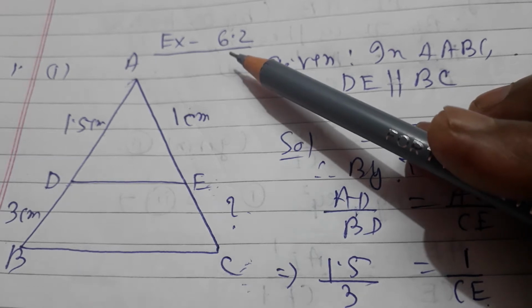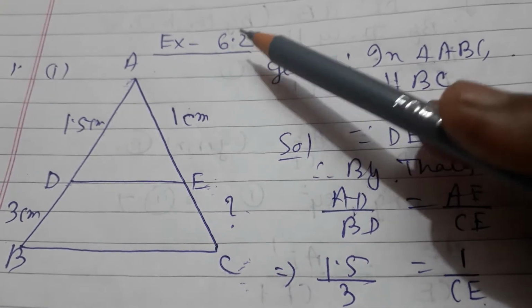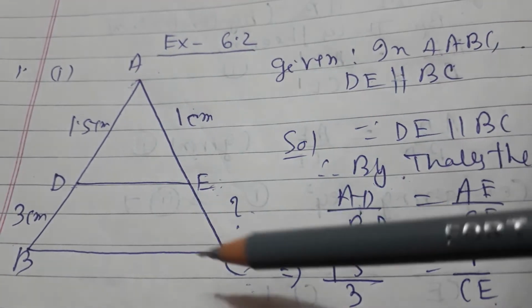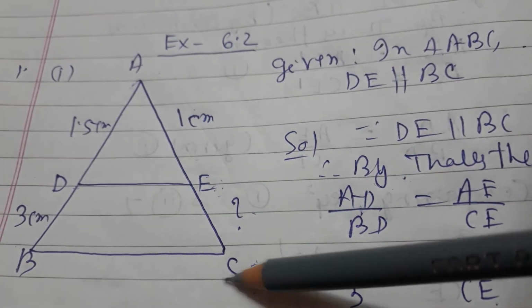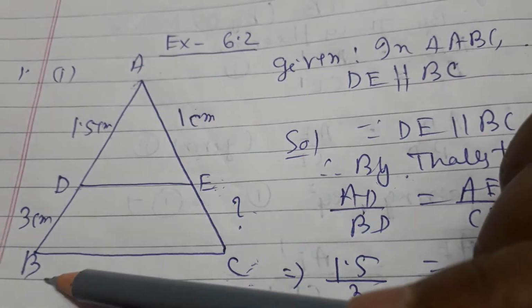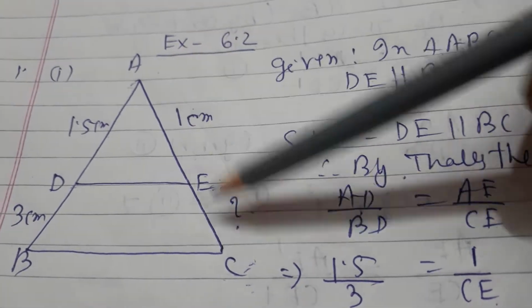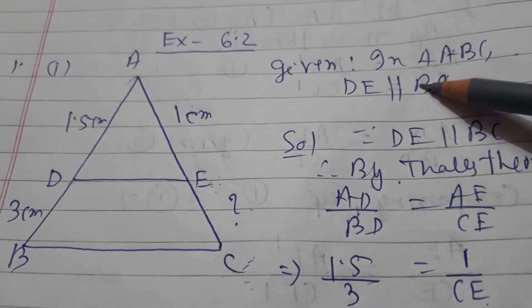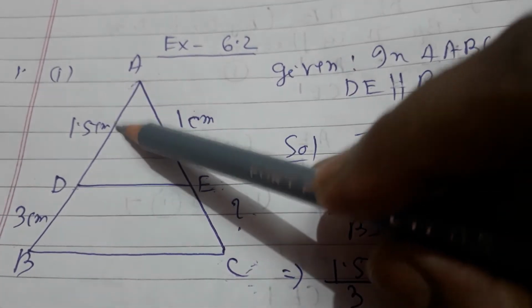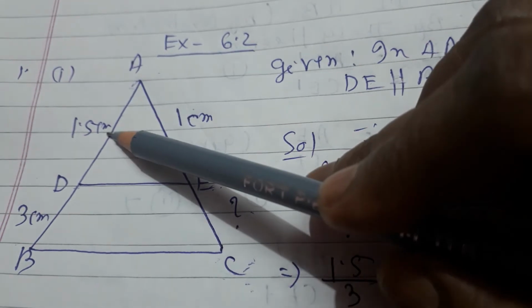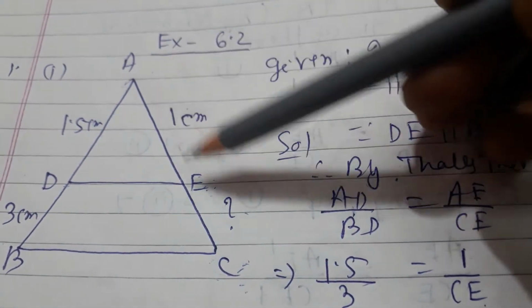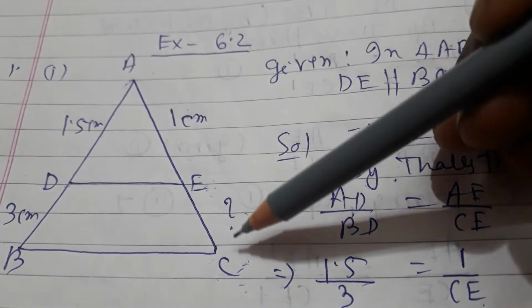Today I shall start exercise 6.2. Now look at the figure. In the figure, ABC is a triangle and D is a point on AB and E is a point on AC. And DE parallel to BC is also given. And some values: AD equal to 1.5 centimeter, BD equal to 3 centimeter, AE equal to 1 centimeter and CE